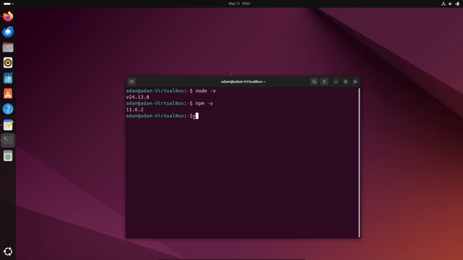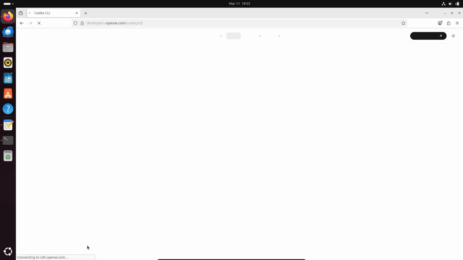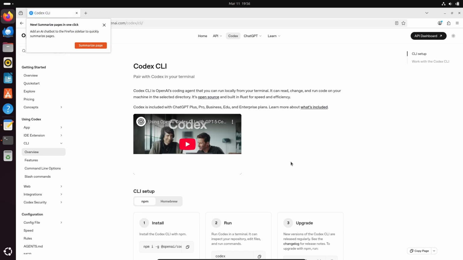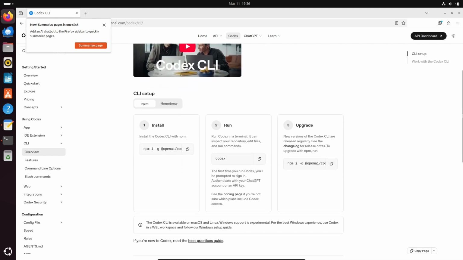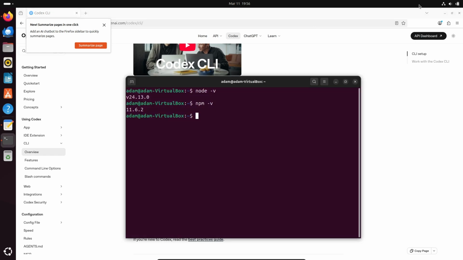Now thereafter, in the Google search box write Codex CLI, then go to this OpenAI developers page. Let's click this, and then here you can see the CLI setup. So we need to use this command. Let's open the terminal,